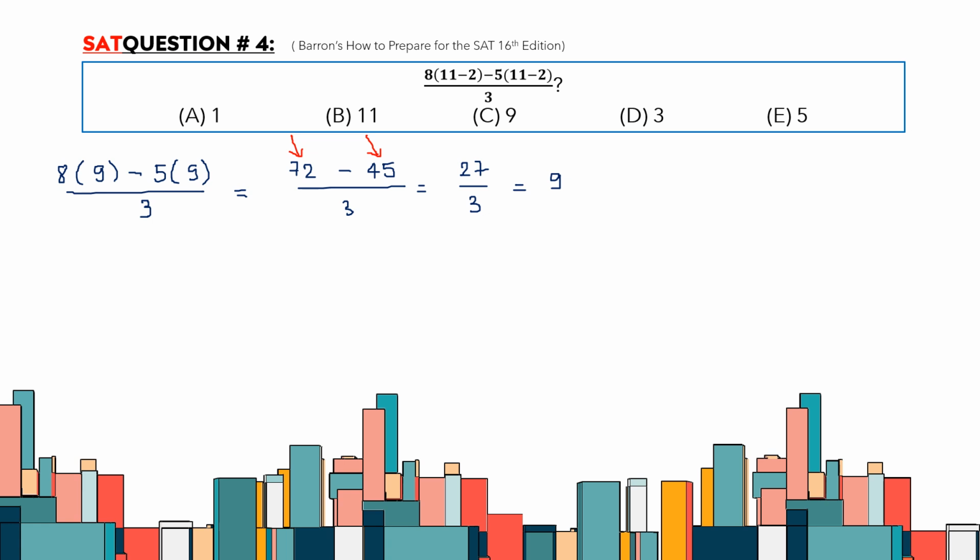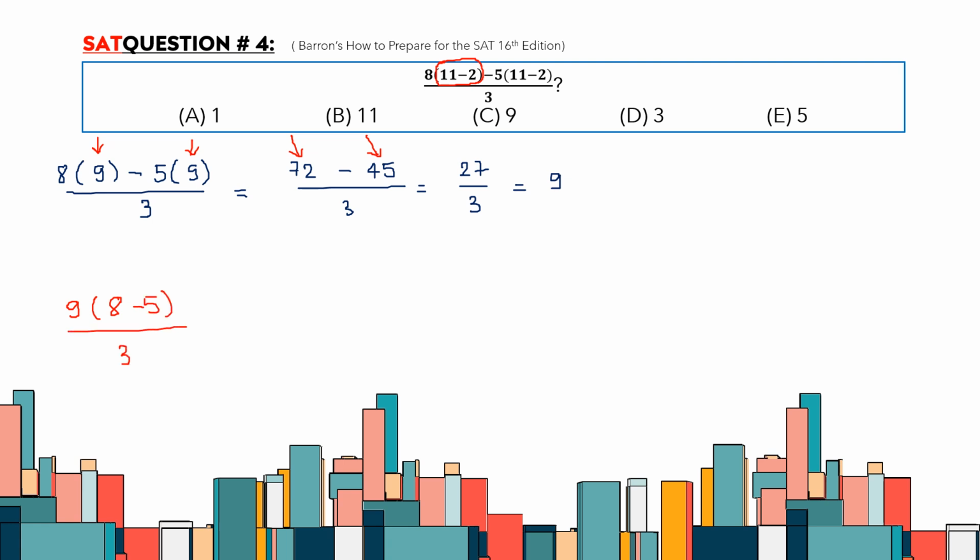So I noted that the 11 minus 2 right here, or the 9 right here, is like a common factor between those two terms. So I will take it out. 9 times 8 minus 5